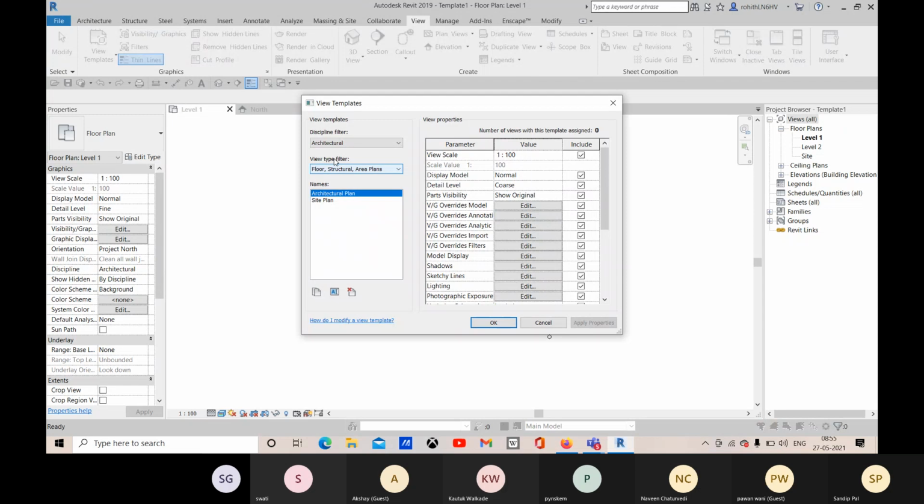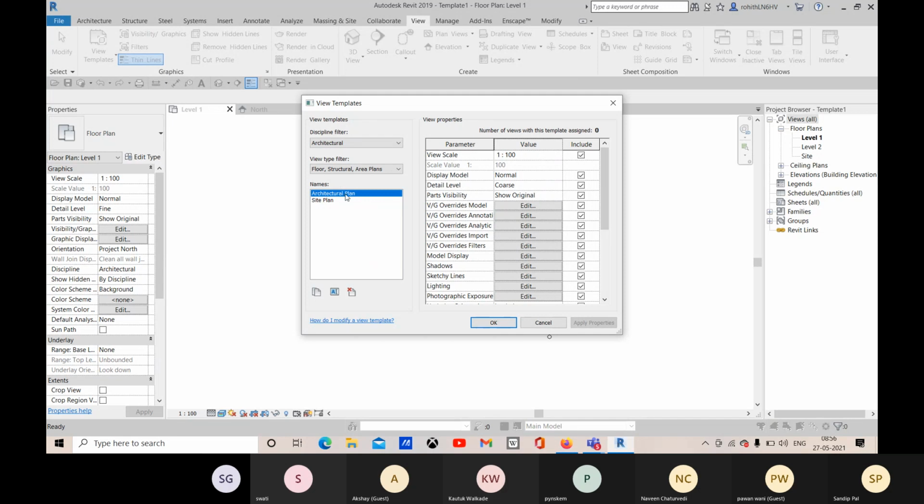And with this view type also, you can create a new one with the duplicate. So the existing one will be duplicated, and you will have those parameters. You just have to change the parameters or the view properties. Okay, so here you can go with the duplicate and you can change.